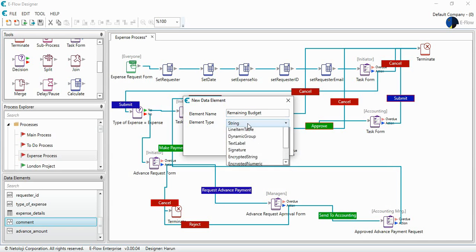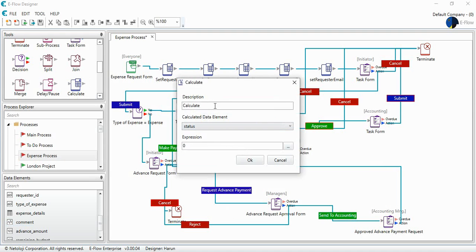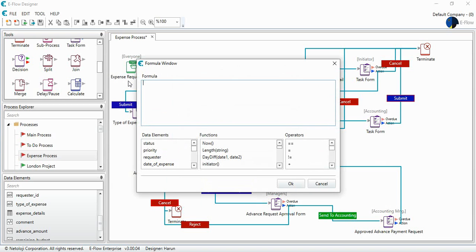It will be numeric, and in order to calculate it, I will use my calculate tool, and let's set the remaining budget. It is the data element of remaining budget, and let's write the formula for that. So it will be the remaining budget advance payment